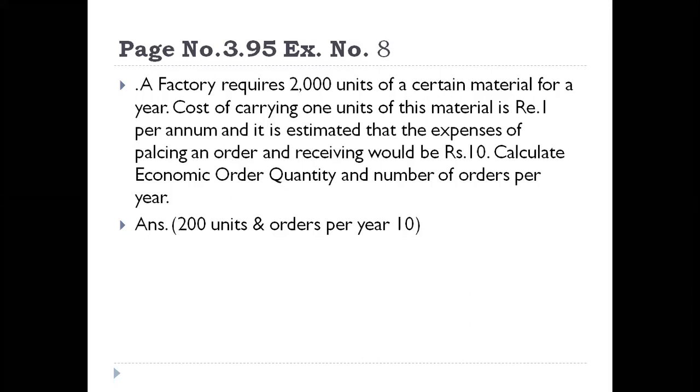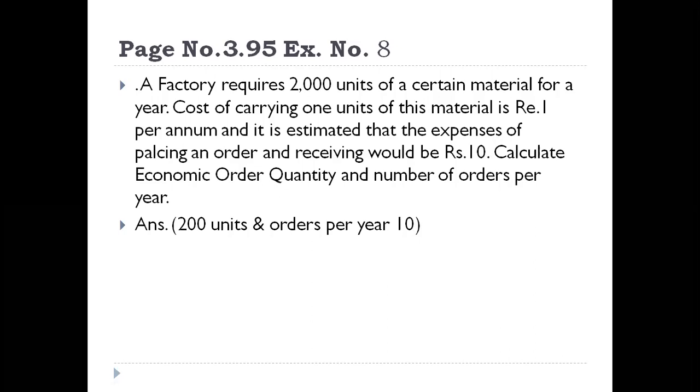Calculate economic ordering quantity. So first, you have to calculate the economic ordering quantity. What is the formula? Root of 2 into A into B divided by C into S. Here only amounts are given, there is no percentage given. Percentage is not given means the cost per order will not be given. Now where do you write this 1 and where do you write this 10? So 2000 you can remember. So root of 2 into 2000 into whether it is 1 or 10.